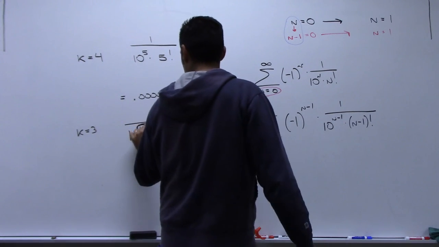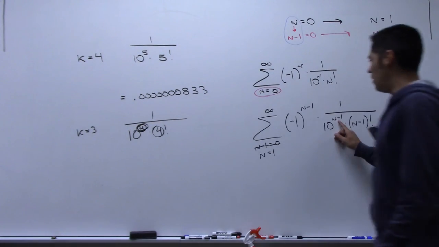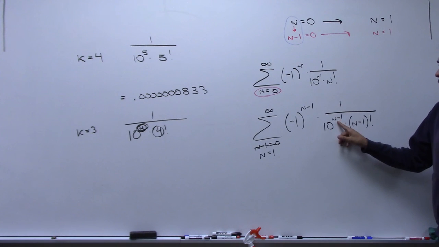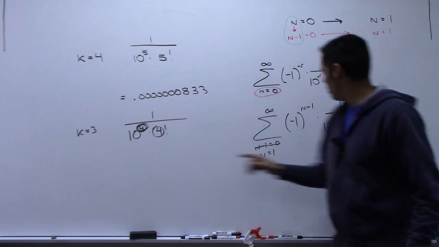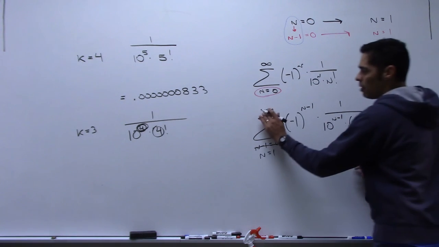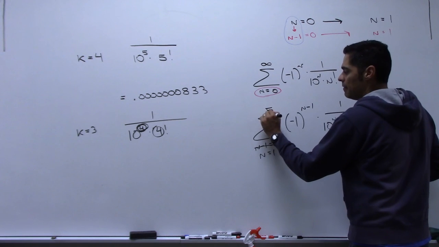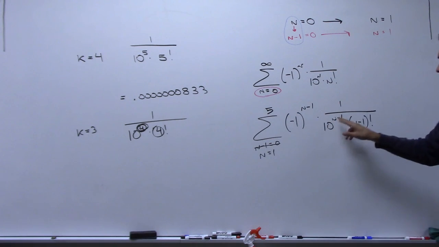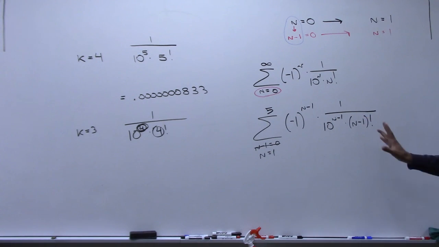This number right here to be 4, right? I want this number right here to be 4 for this to work, 10 to the 4th and 4 factorial. In order for that to happen, I actually need this number up here to be a 5. So when I plug in 5 here, I get 4, and then I get 4 here. Now, I know this is confusing, but